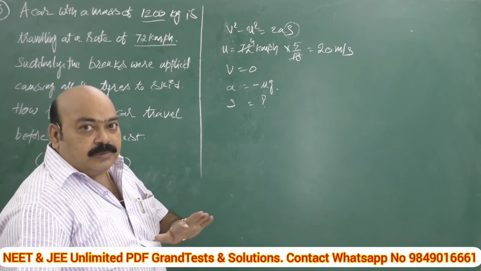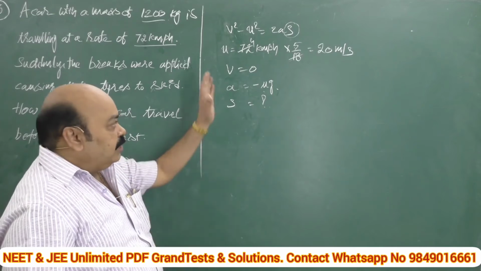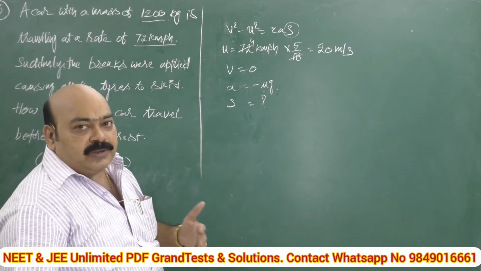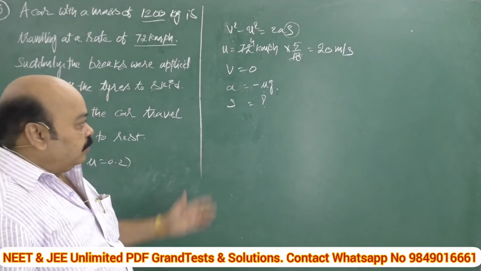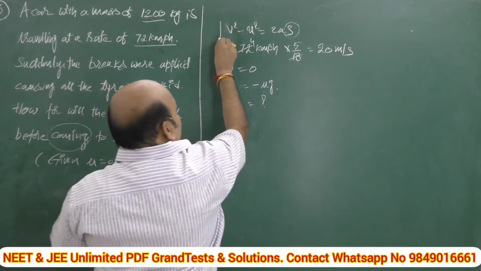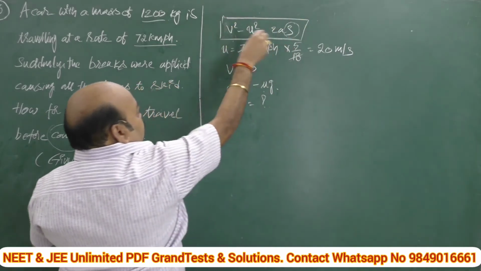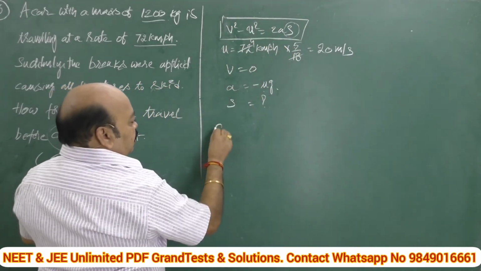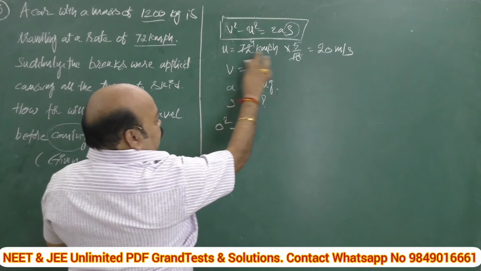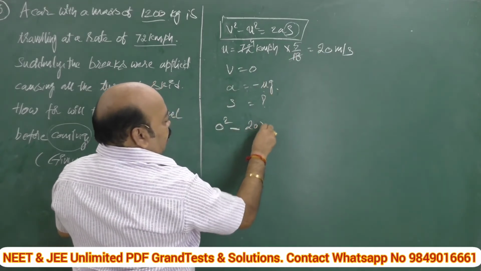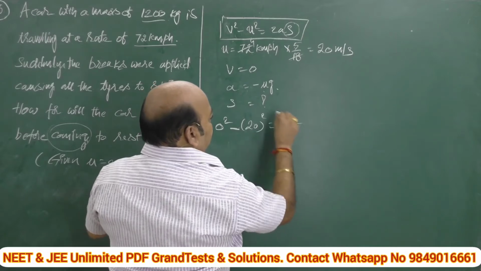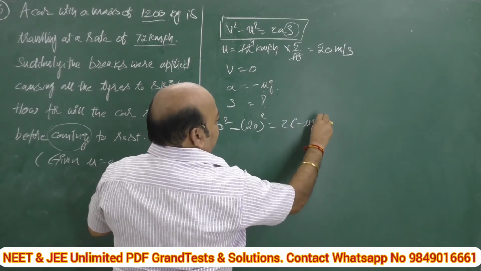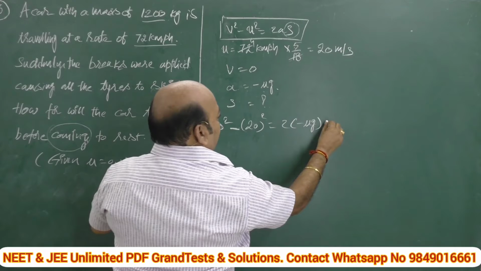They are not created newly. They are derived from the basics. By doing practice once or twice or thrice, automatically we will remember it, that is the shortcut technique. Right. Now let us substitute in the original equation. What is the original equation? v square minus u square is equal to 2as, so 0 square minus 20 square is equal to 2 into, in the place of a, minus mu g, into s, which you have to find out.